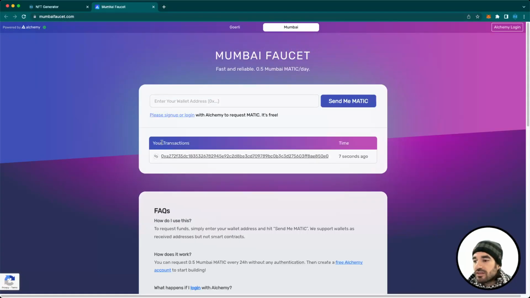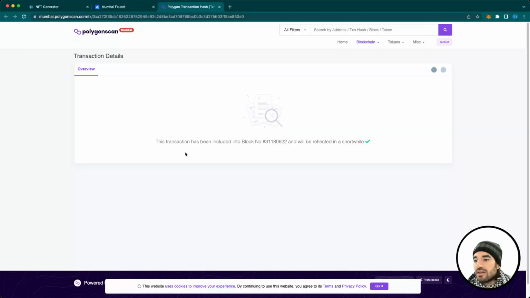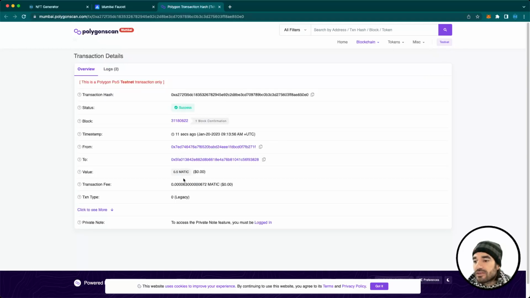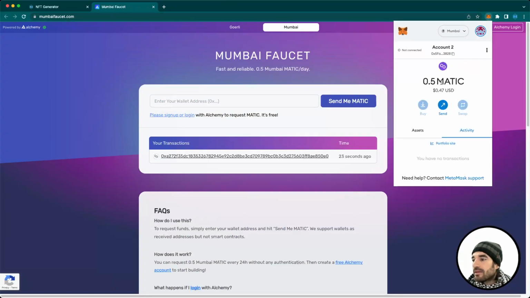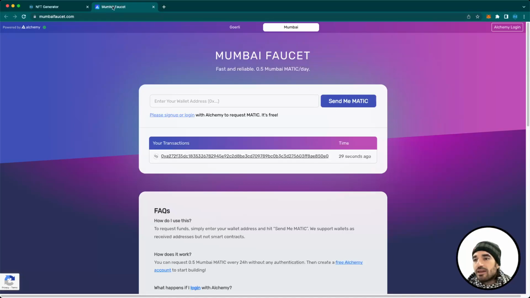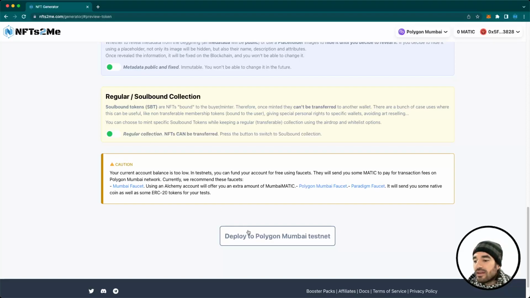We can check that this is the transaction. We can click in here. It's been already processed, it's been included, and there it is. We've got half a Matic on our account. We can check in here, and there it is. Of course, this is not real, this is testnet money. And let's go back, and now we are able to deploy it to the testnet. Just clicking here,